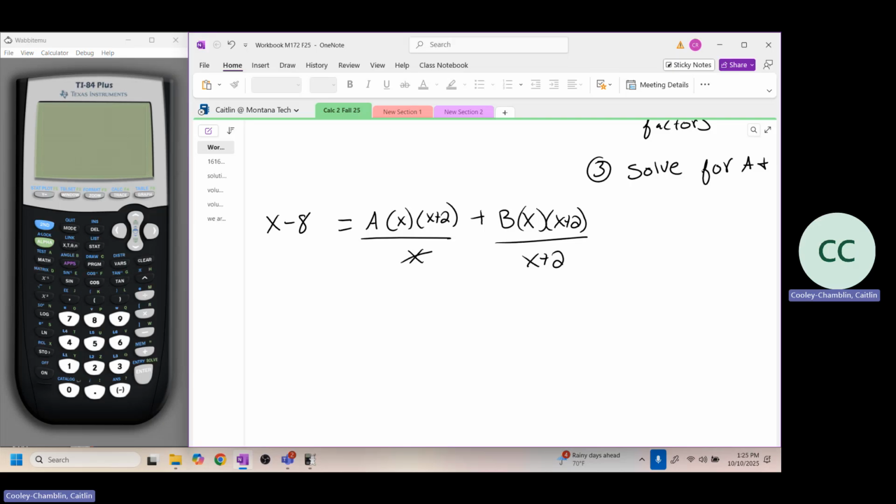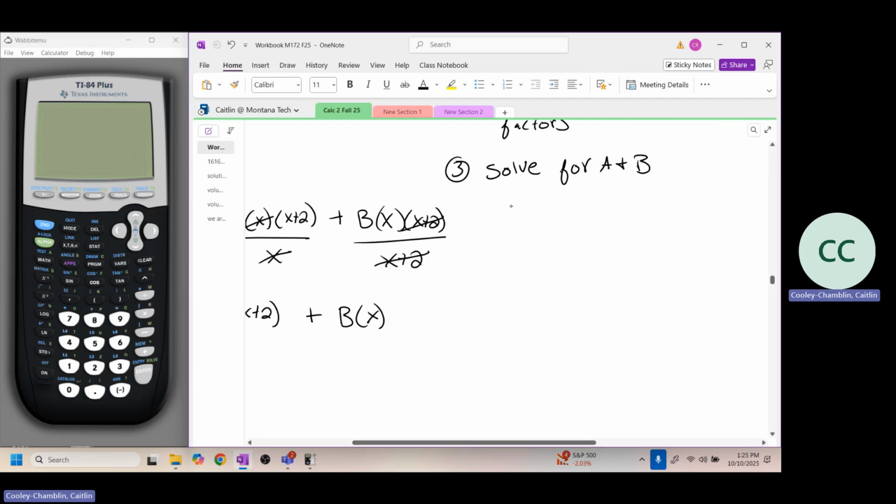The x's cancel, the x plus 2's cancel. So I have x minus 8 equals a times x plus 2 plus b x. So when I'm solving for my a and b, the first thing that I do